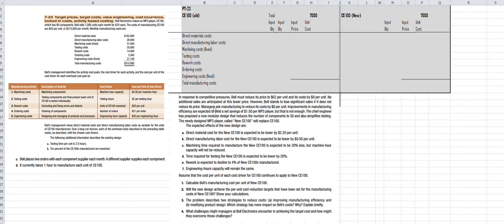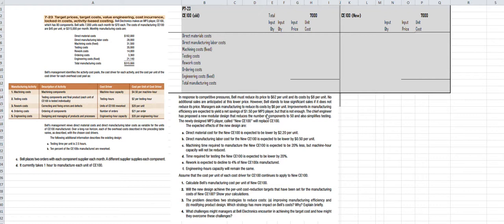So the first thing you would do if you were trying to drive down your costs is probably ask, can we do the existing things that we're doing any better? They do that and they find that improvements in manufacturing or efficiency are expected to yield net savings of $1.50, and that's not going to be good enough. So ultimately what happens in a target costing scenario where you have to make significant reductions in your manufacturing costs is you need to go back and you need to look at essentially the design of your product and the design of your processes. This ties into the concept of